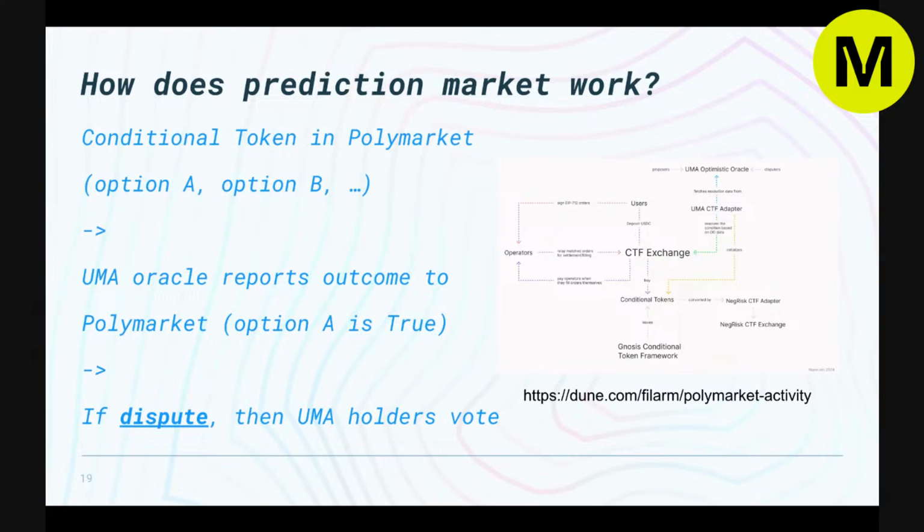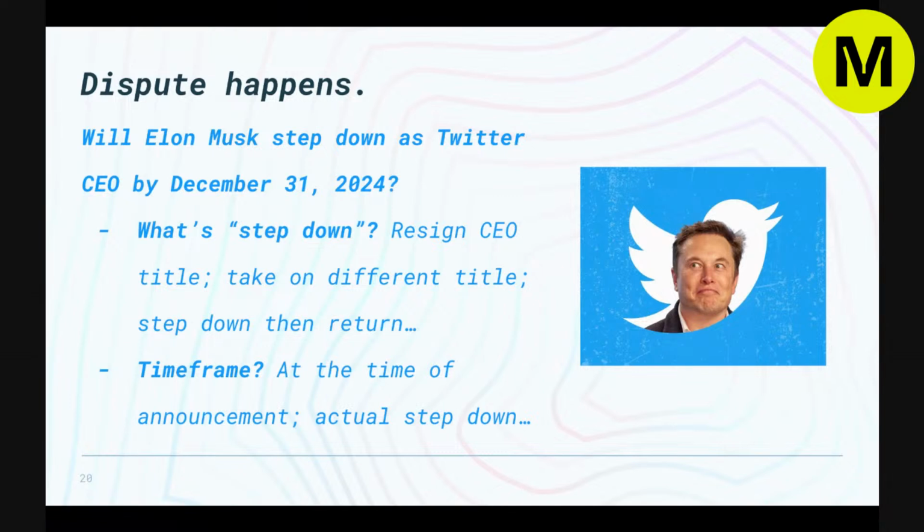So if a dispute actually happens in the UMA Oracle, then they will vote. But this is not a very decentralized process, because if you control most of the circulation of the UMA token, then you can basically revert one condition. So it's kind of like a reorg attack on the whole system. It can work pretty well with an AI Oracle if the AI Oracle can be a judge on chain.